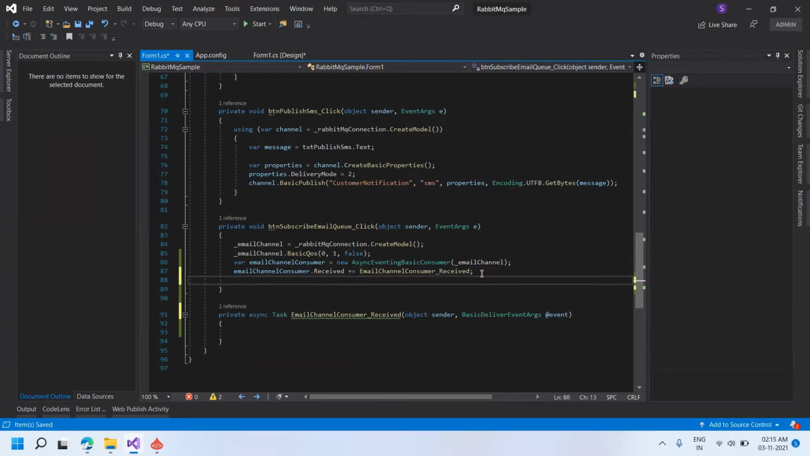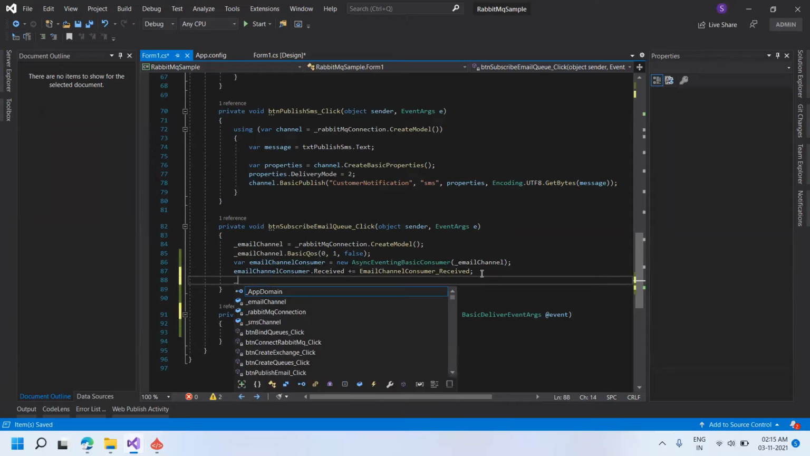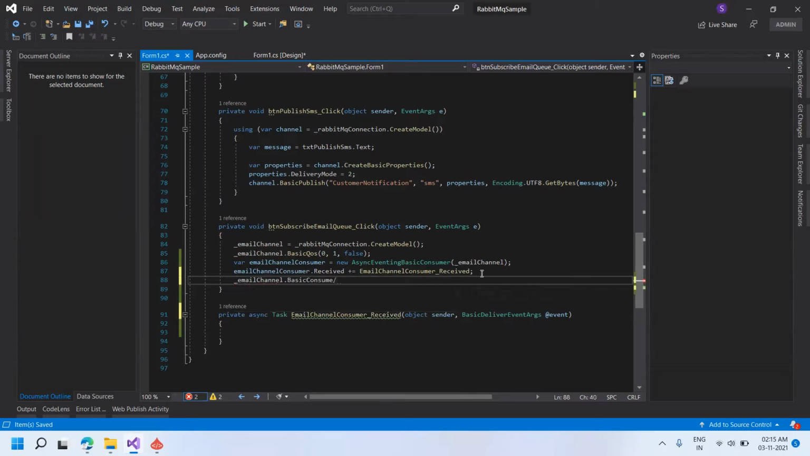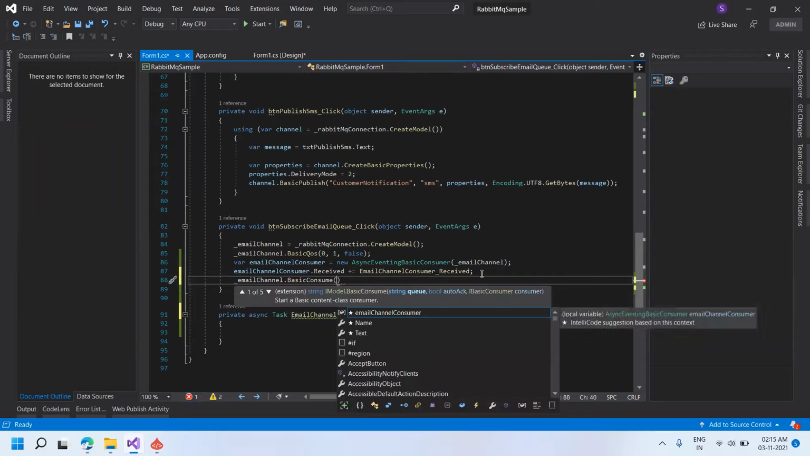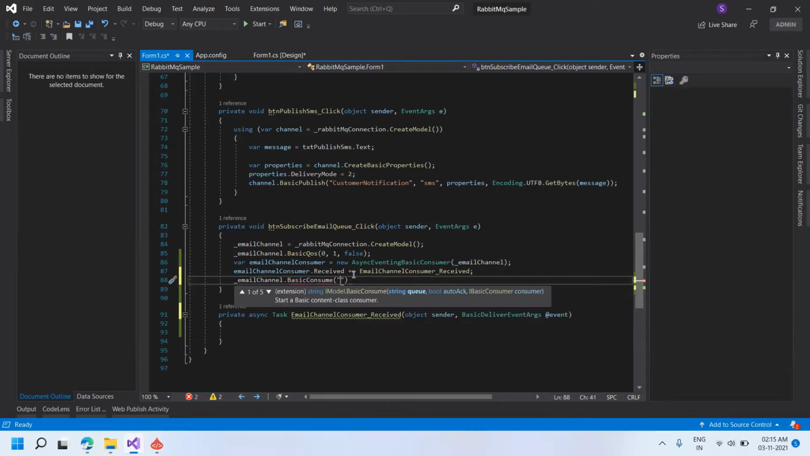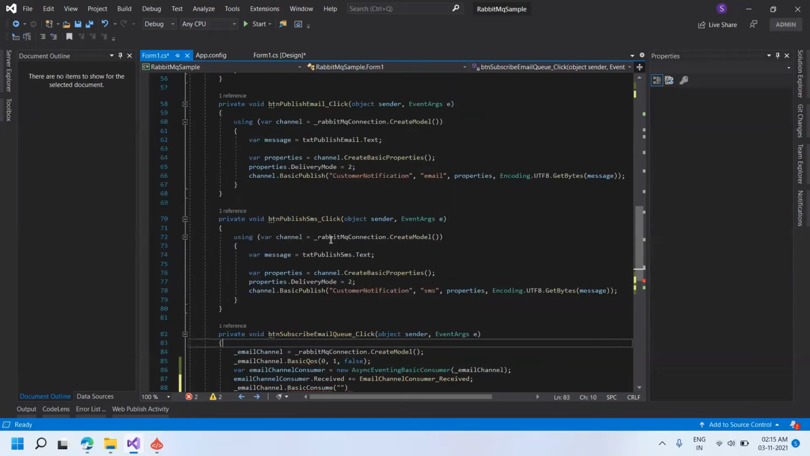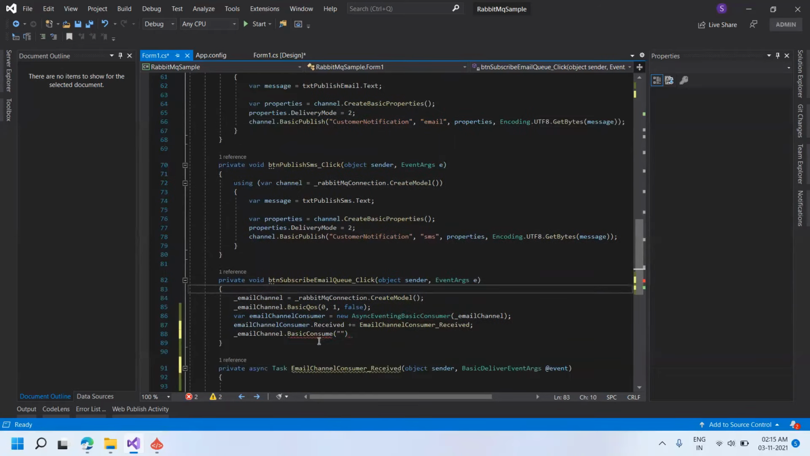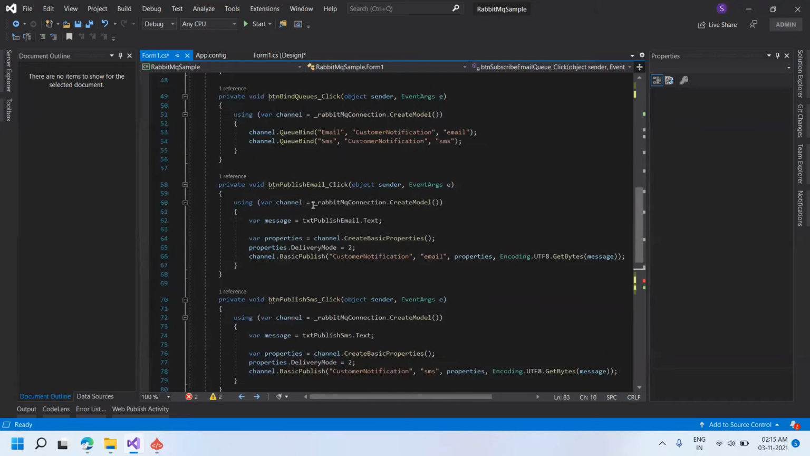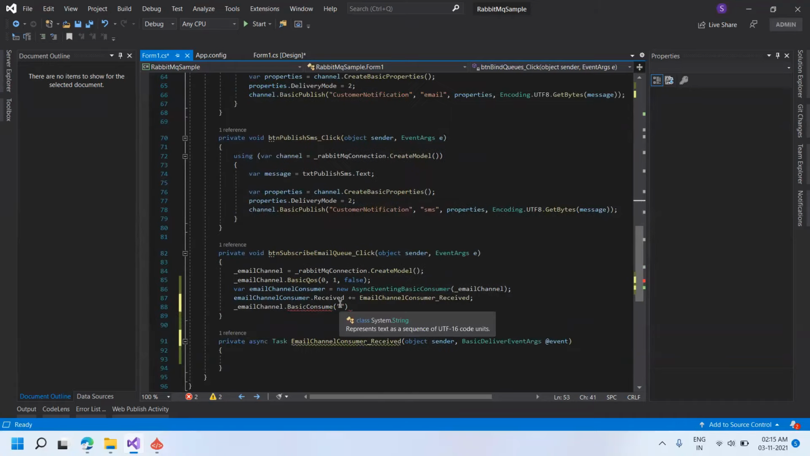The next thing we need to do is emailChannel.BasicConsume. And here we have to provide the queue name. We need to get the messages from the email queue. So the queue name is email. We have already created a queue with the name email, so I have given the same name here,